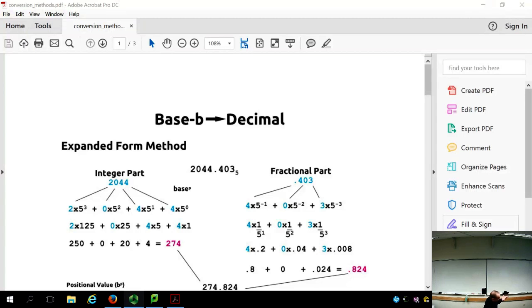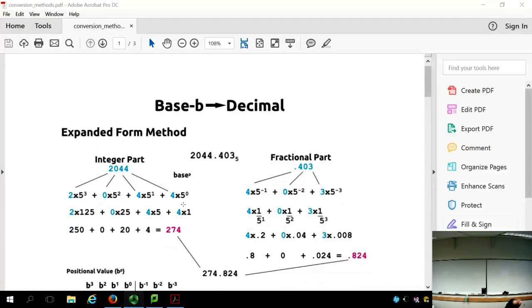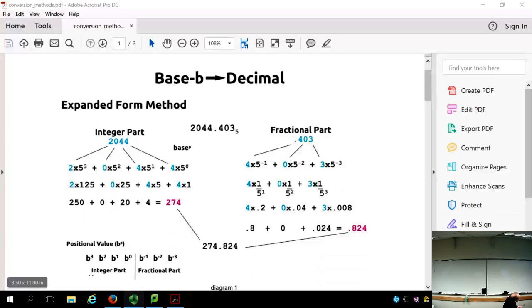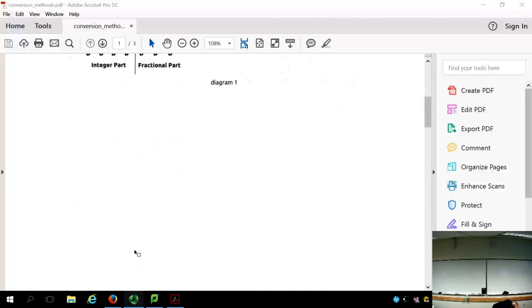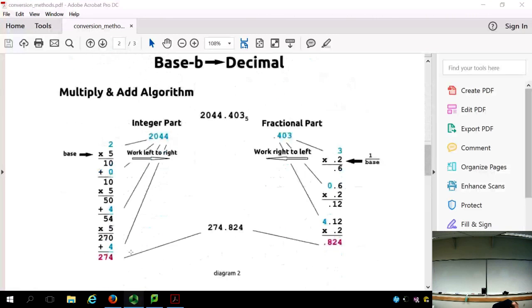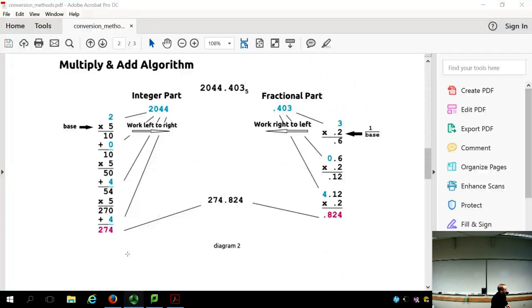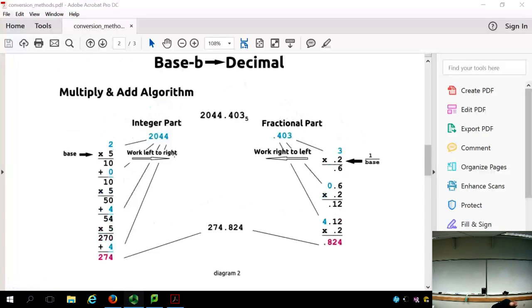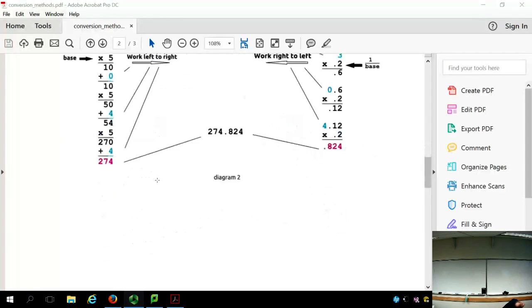So this is the expanded form method. This is basically counting and you don't realize it. This is a nice representation of how we count. You just don't realize it yet. And then after that, we have the multiply and add algorithm for both the integral part and the fractional part. These are all from base B into decimal. So binary into decimal, hexadecimal into decimal, octal into decimal, etc. If you want to go the other way, from decimal into something else,